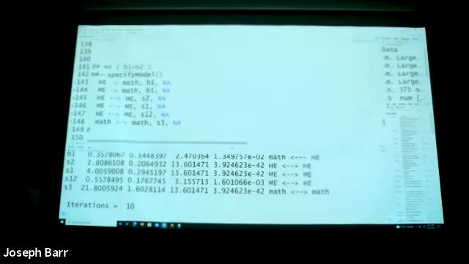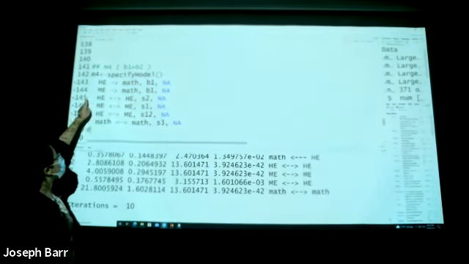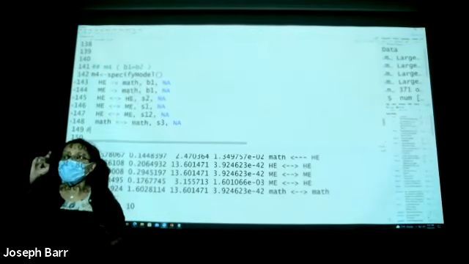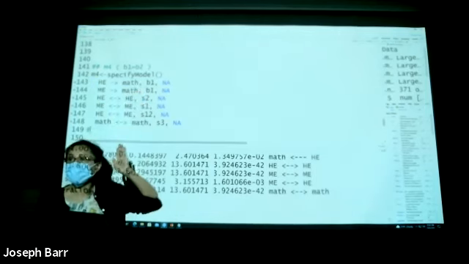Let's look at this model. If I give you this code, what does that mean? So this is the M4 specified model. HE goes to math, ME goes to math. Look at this. I use the same variable name, B1, B1. What does that mean?